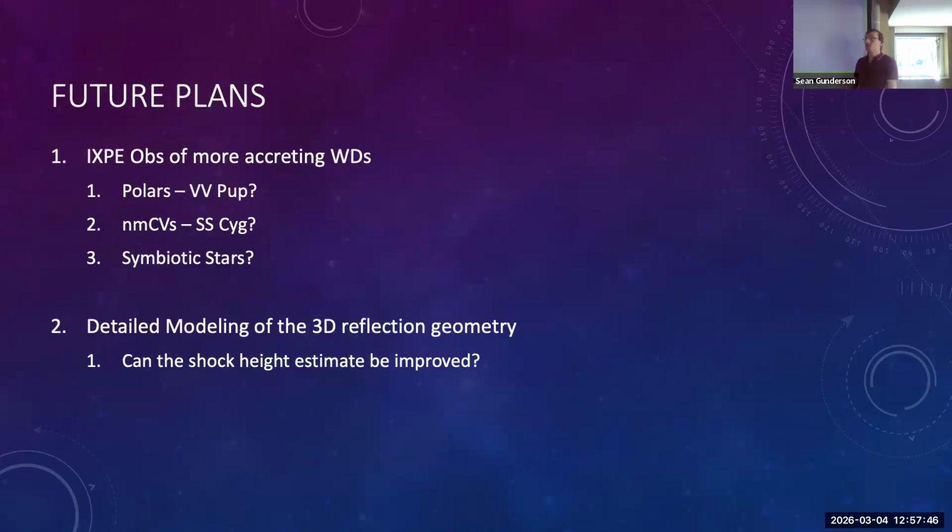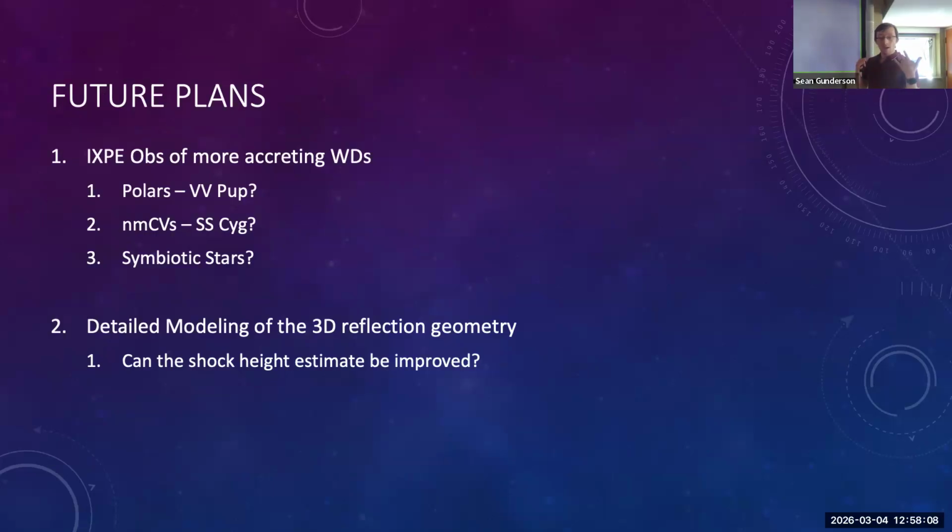But where do we go from here? This was the first time this was done. Well, we just need more measurements. We can do a polar now, such as VV Pup, or a non-magnetic CV like SS Cygni, or maybe a symbiotic star, which is a completely different class of accreting white dwarf. So there's a lot of new windows that this opens up for us to understand the accretion geometry in these